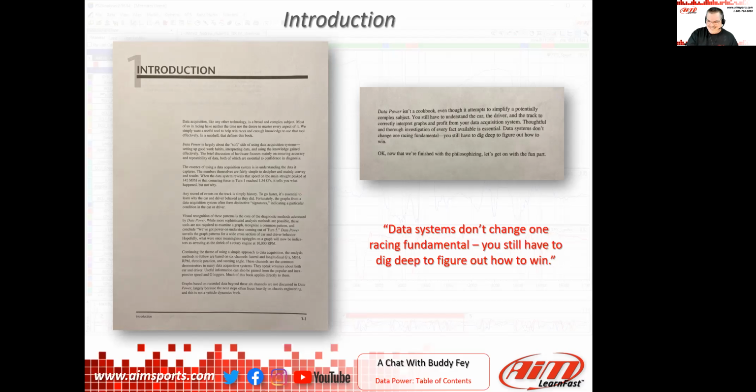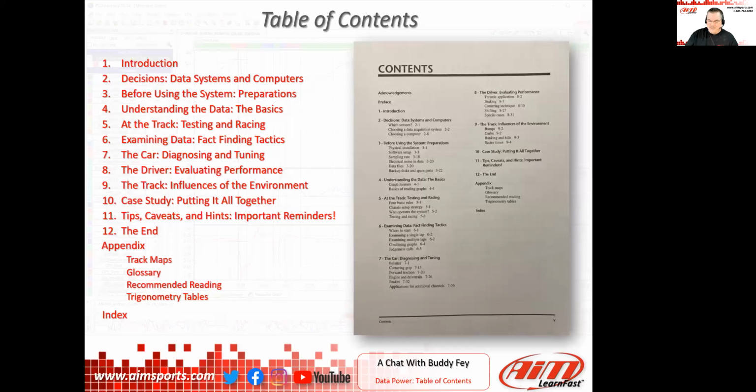Interesting stuff. For those of you that don't have the book, a funny story is I bought this copy probably in 1993, 1994, and it's kind of coming apart. I use it all the time. I still use it a lot. I flip through the pages. The cover's starting to come apart on it, but I use it a lot.